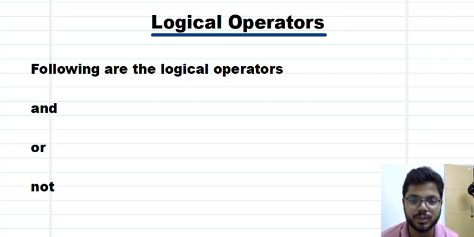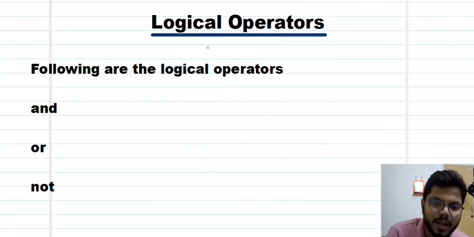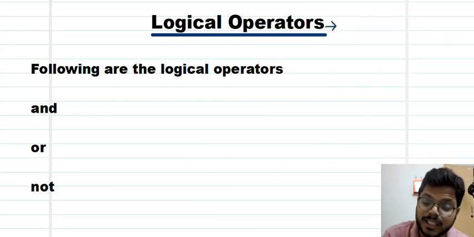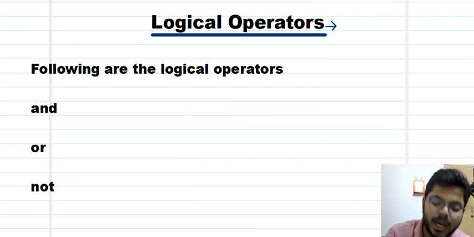In our Python series, today we are going to discuss the logical operators. Now we will see the logical operators in detail. What is meant by a logical operator? In general, I will explain in detail that a logical operator will establish a relation between two conditions or more conditions. So we can write as